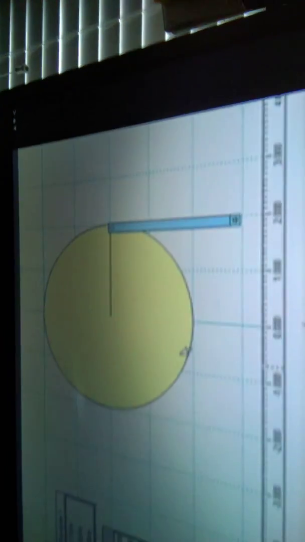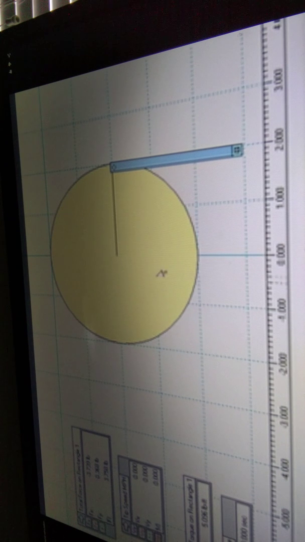What I've done is set up a very simple model where I've created a rotational path. Basically, this is a top-down, overhead view. This is a cylinder or a circle that rotates in this direction, counterclockwise as you look at it. The center of the rotation is here, where the arrow is. Pinned to the outside of that